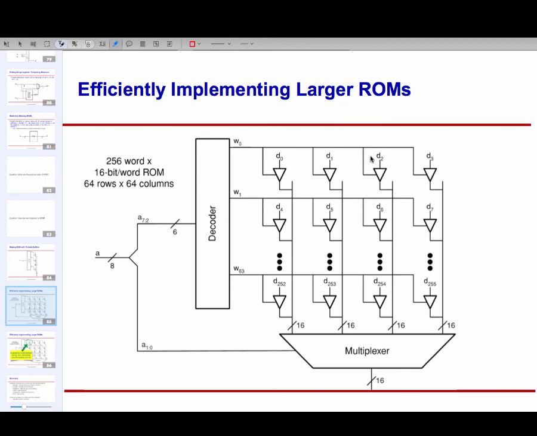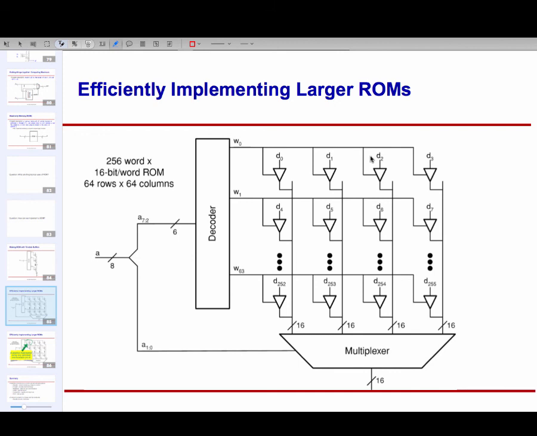Instead of having a single line of tri-state buffers, a single line of locations, I make an array of locations, a 2D array. Some address bits tell me which row my data lies in, and then I use a multiplexer to select which column I should get the data from.